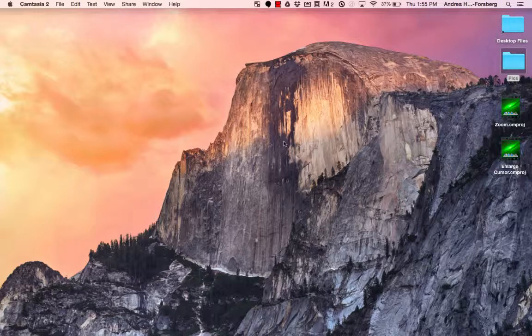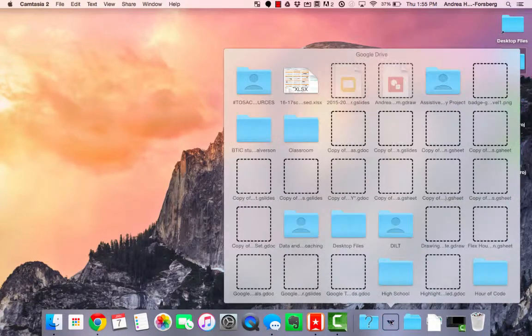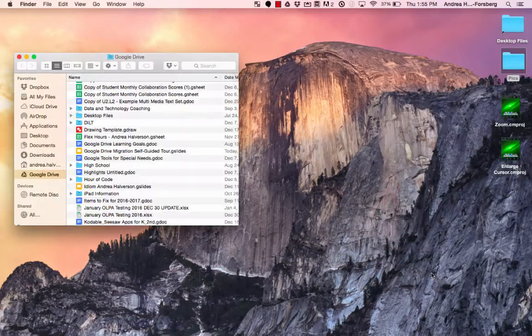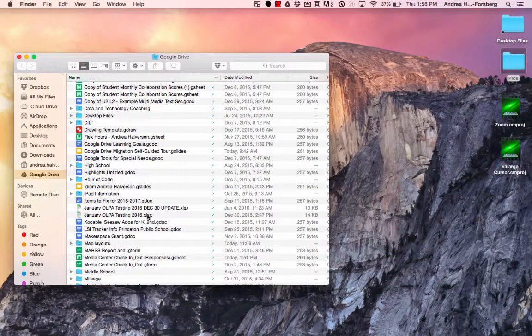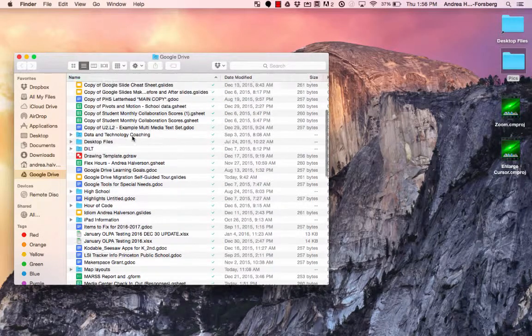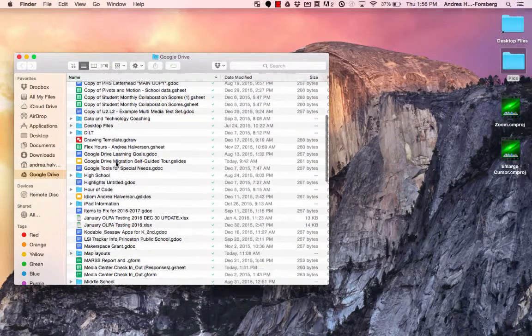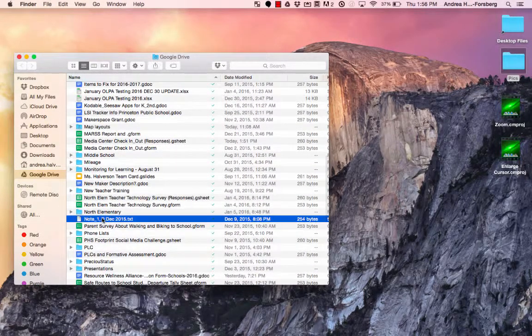Okay, so the first step is that you want to have the file actually in your Google Drive, and then you're going to open your Google Drive folder. Now notice I'm not in my browser, I'm actually on my computer in the folder. So if I have something that I want to create a shortcut to, I'm going to go into my folder and I'm going to look for the item that I want. So for example, maybe I choose this one here,